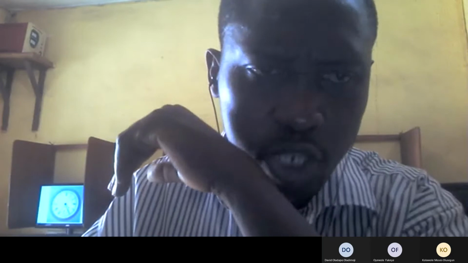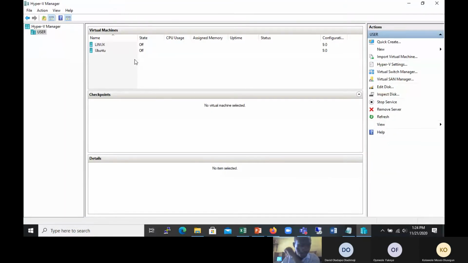Okay, now I'm going to share my desktop. This is my desktop of my Hyper-V. So I'm going to explain briefly how you can set up Hyper-V, but to start with, you must have a good system, Core i5 or Core i7, a good memory, 8 gig, 16 gig, 32 gig. You must have a good memory on your system. Now, after which,